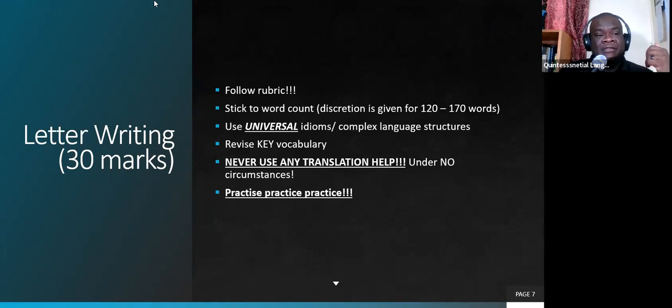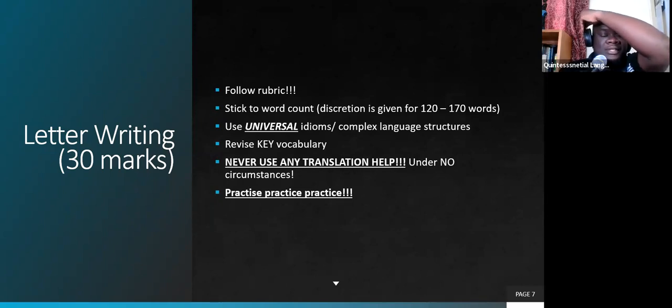One of the key things I like to advise students is that you won't be able to remember every single vocabulary word under the sun. Of course, you will need to know key things, specific or key vocabulary. Like if you need to write a letter on a natural disaster, on an accident, a vehicle accident, on a school trip, or on a travel experience. These are some of the common and popular topics. You would need to know the key vocabulary on those, but you could also learn universal idioms and language structures. That is, the things that you could use no matter the topic. Right? We will see some examples of those next.